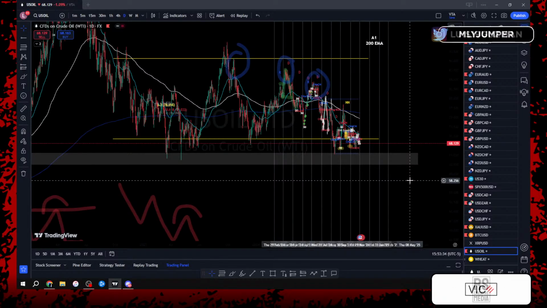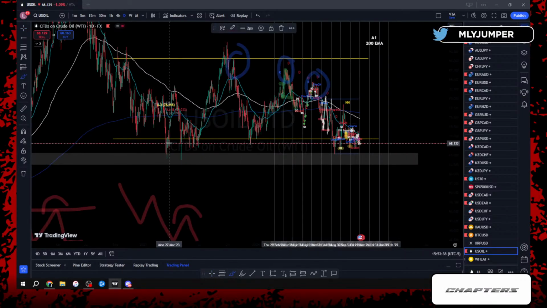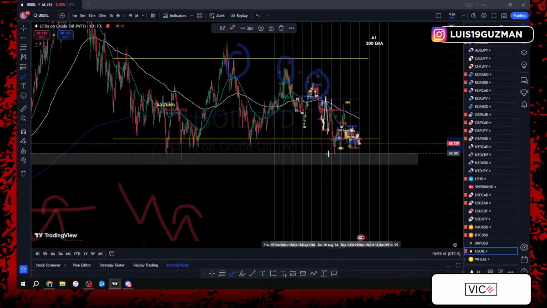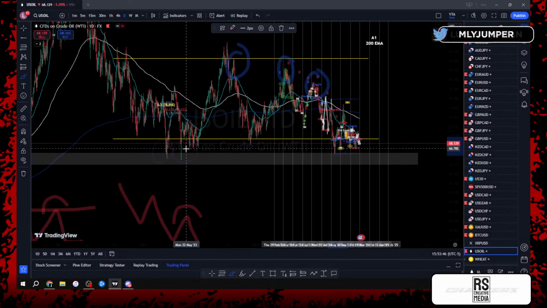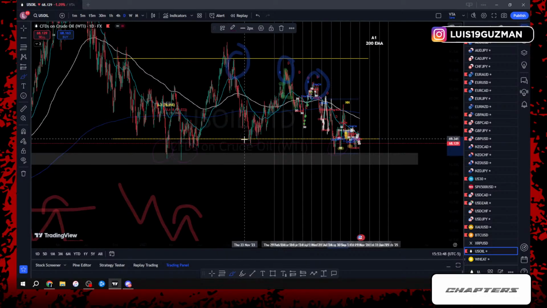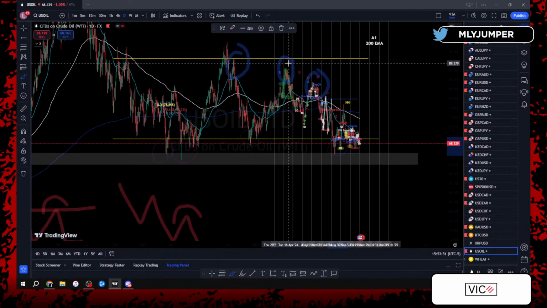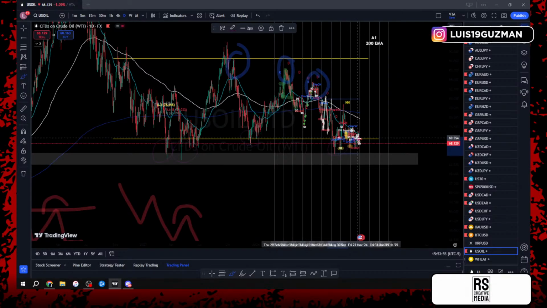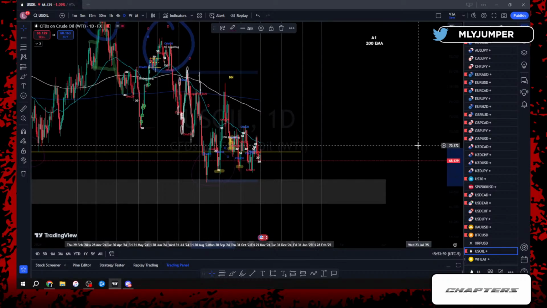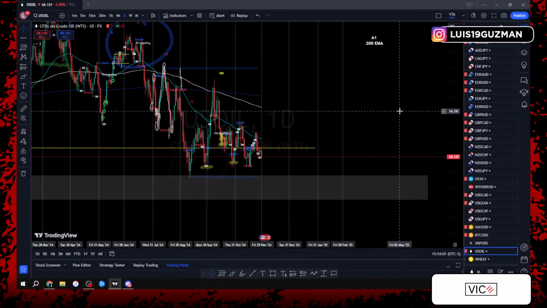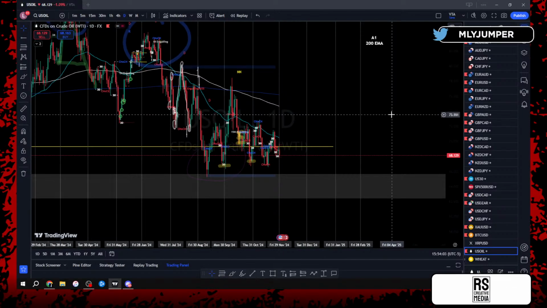I need to see the break of the zone of consolidation, because once again, price was already at the lows 1, 2, 3, 4 different times. Right, and every single time, what did price do? Reject, go back high, reject, go back low, reject, go back high, reject, go back low, right? Reject and went back high. So it's the same thing that price is doing now. Are we going to keep rejecting to continue the push to the top side, or is price finally going to break to continue?